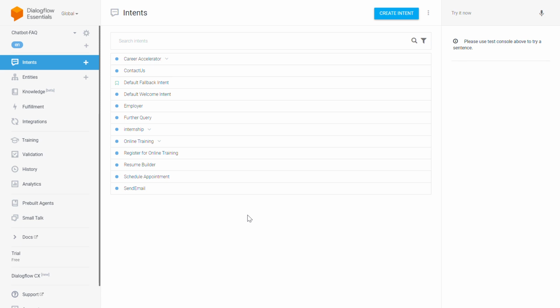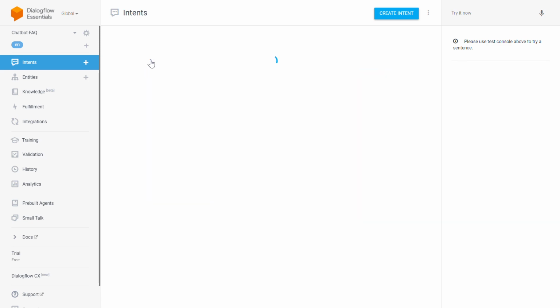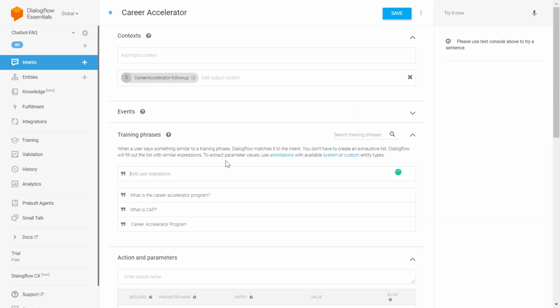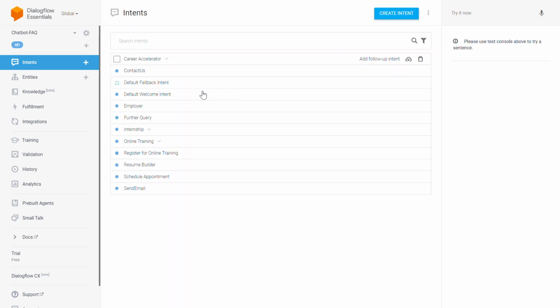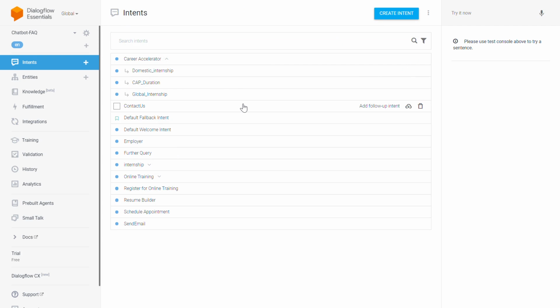Some of the intents also have follow-up intents. For example, here, Career Accelerator has the follow-up intents: domestic internship, gap duration, global internship. So, follow-up intents are the messages which will be displayed after the user has selected one of the previous services.